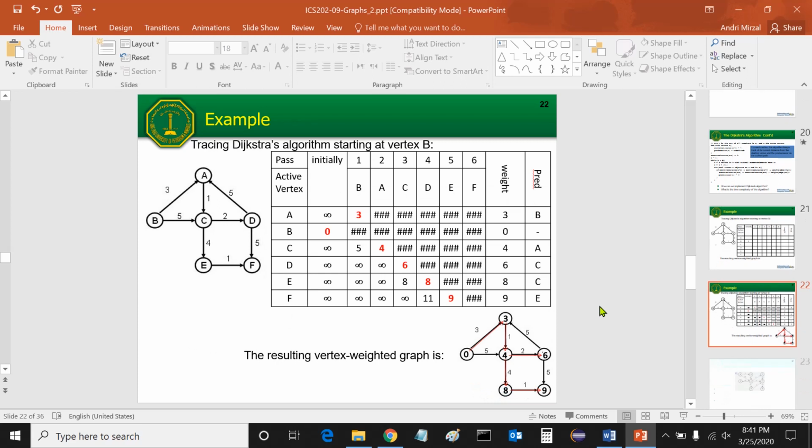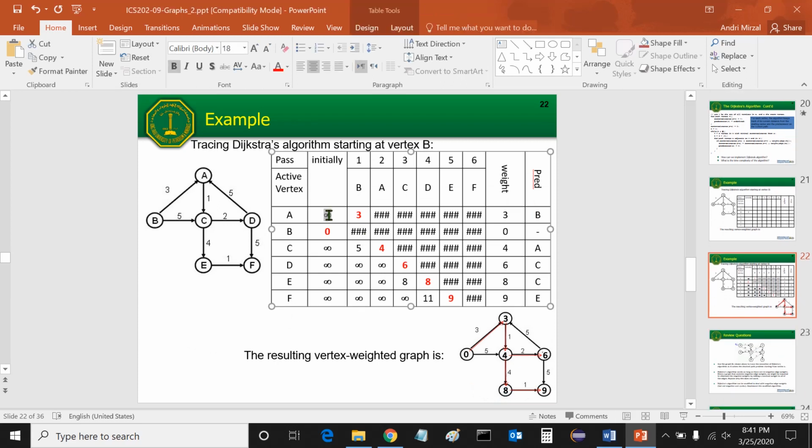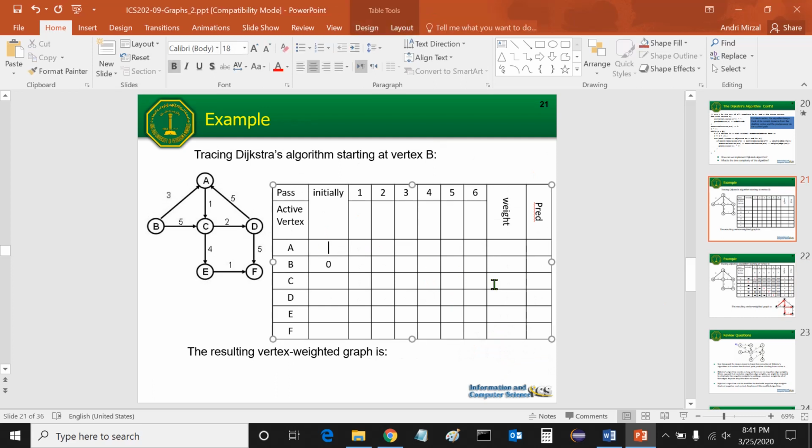Then the other vertex, we do not see that actually. Wait a minute. I just copied the infinity sign, okay? Because we just start looking at B, we cannot see another vertices. That's why another vertices should be defined to be infinity as the distance. Okay, that will be how we fill in the table. Only the starting vertex needs to be defined by using 0.